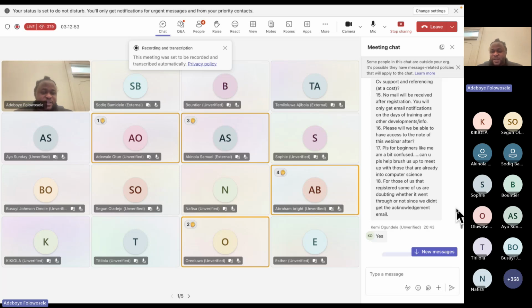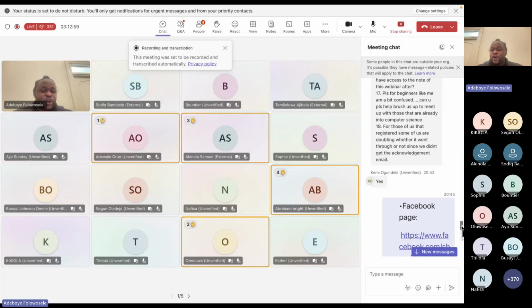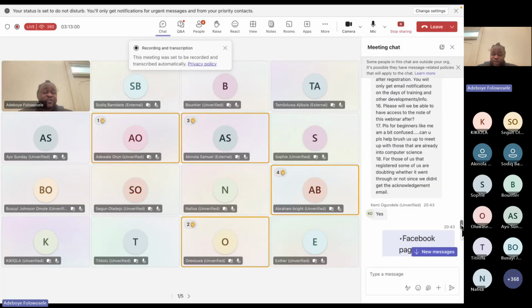Then for those of us that are registered, some of us are doubting whether it went in or not because we didn't receive an acknowledgement email. You don't need to receive an acknowledgement email. As long as you click the register button and you saw that you will receive an email, then you have actually registered. I know that's why some of you registered twice. That is why we had duplicates in the